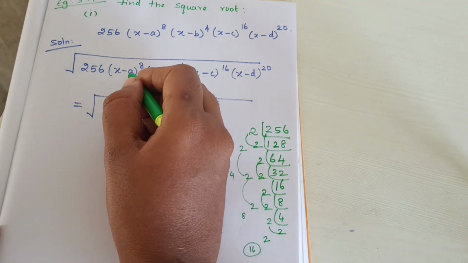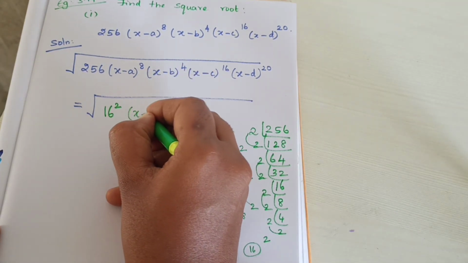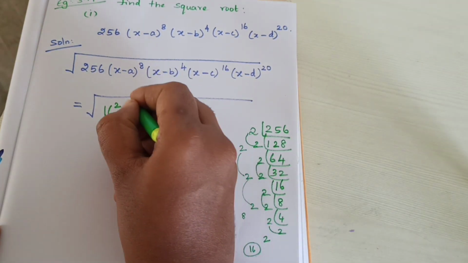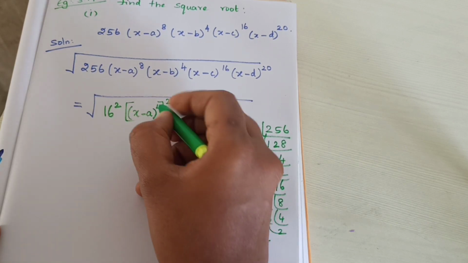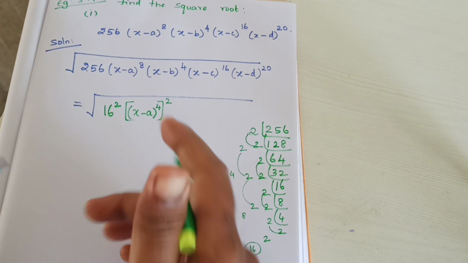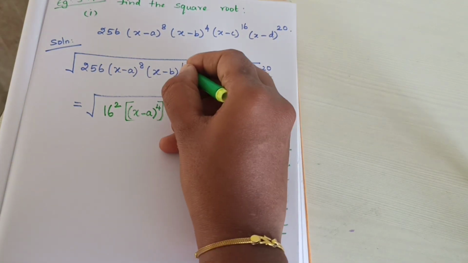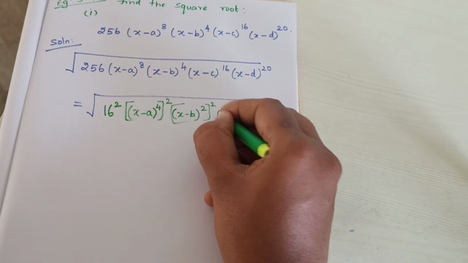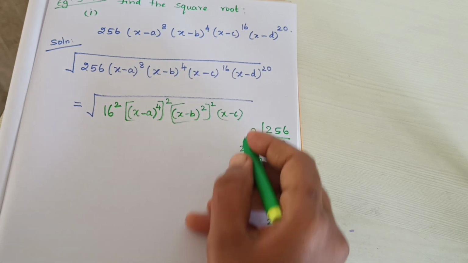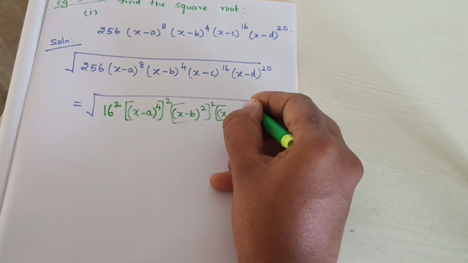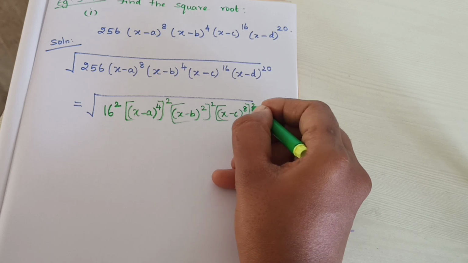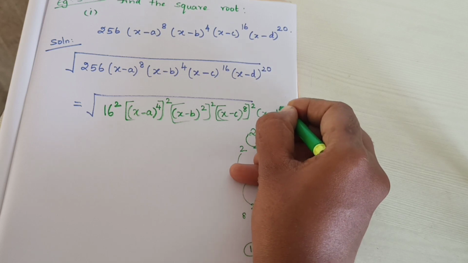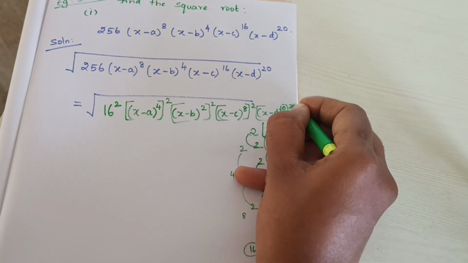The next thing is we need to write as a power of 2. That means x minus a, 8. In the 2 table, how many times? 4 2s are 8. So, 4 power 2. That means 4 2s are 8. Just I am splitting this. Then x minus b, 4, how will you write? 2 power 2. x minus c, 16. In the 2 table, how many times? 8 times. So 8 power 2. That means 8 into 2, not power, 8 into 2 is 16. Just I am splitting that. Then x minus d, 10 into 2.